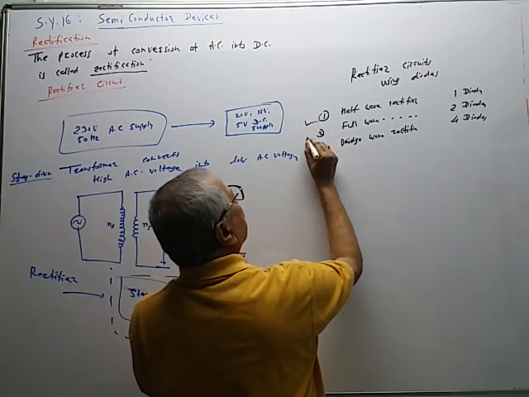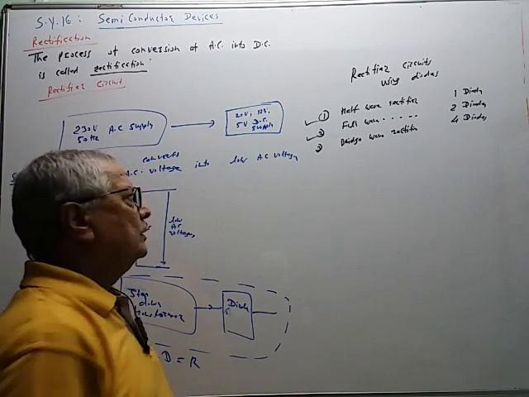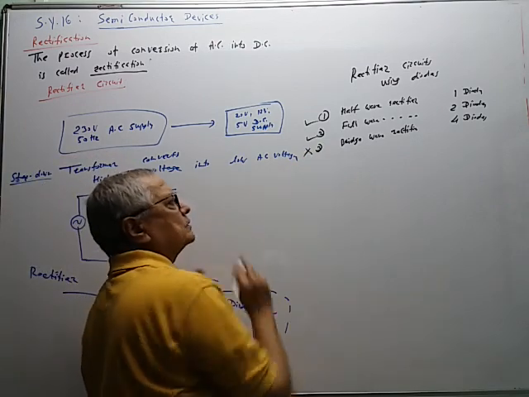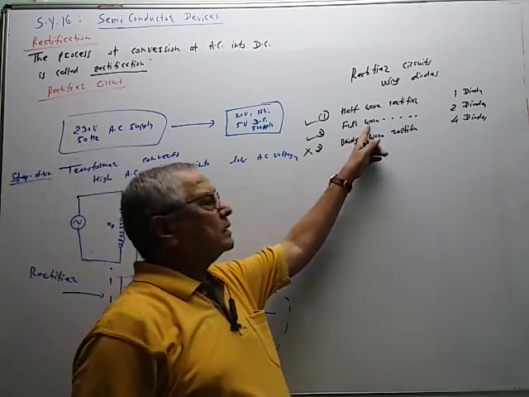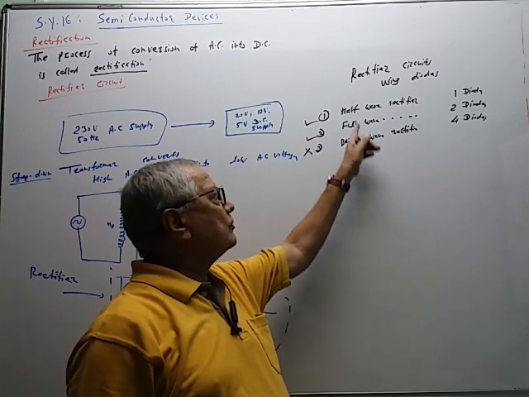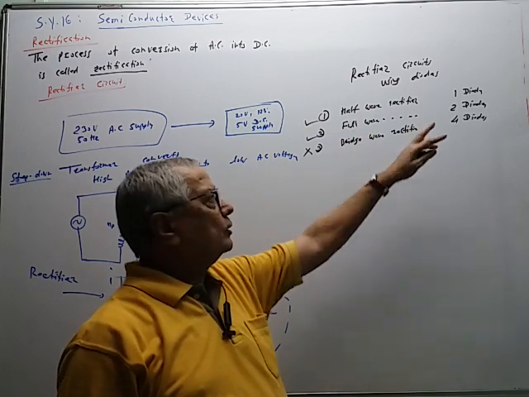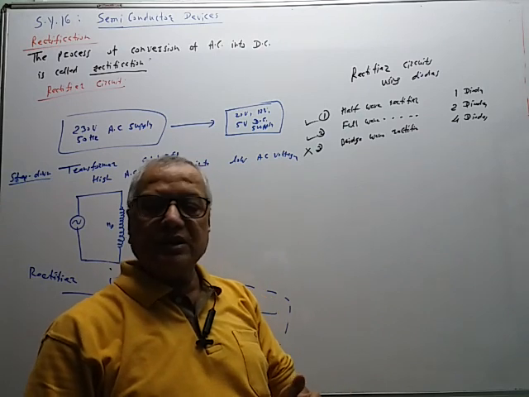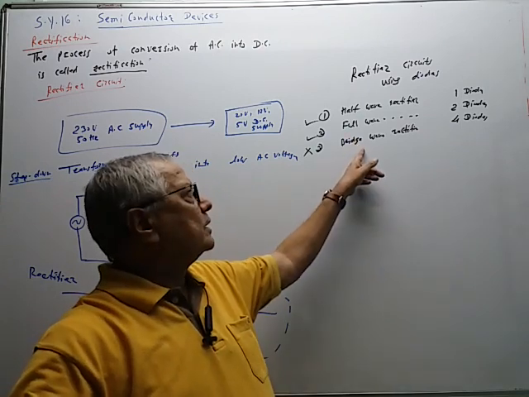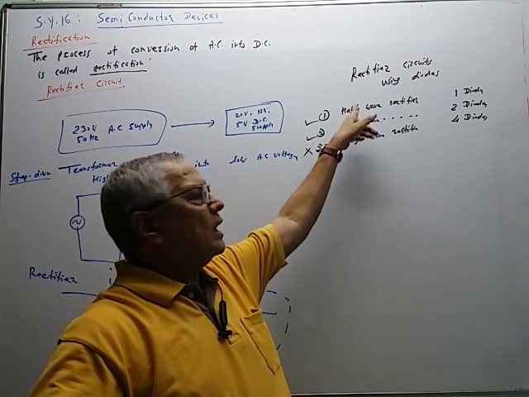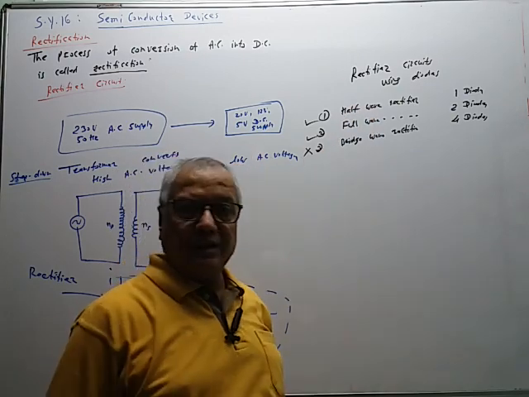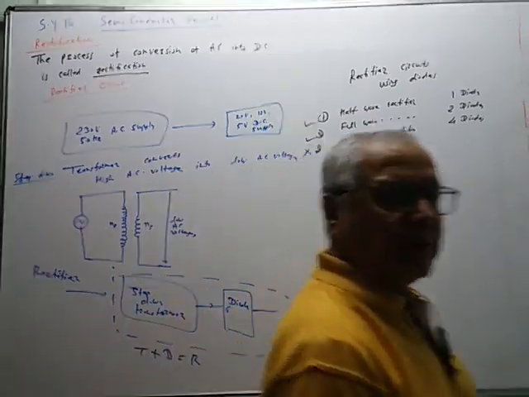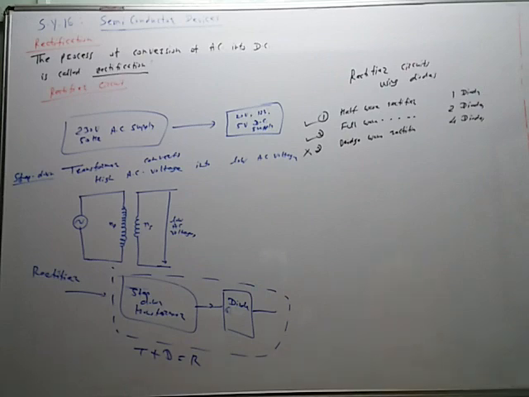So in our syllabus we are going to see only these two types. This is not included in our syllabus. Bridge wave rectifier is nothing but full wave rectifier. So the working of these two are same. Only here we are using two diodes, here we are using four diodes. They are used in the bridge configuration, therefore it is called a bridge rectifier. So now we have to see half wave rectifier and full wave rectifier circuits in detail. Their working, their circuit diagram, etc.